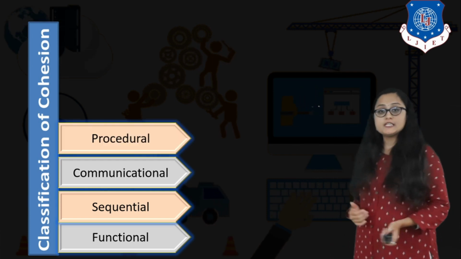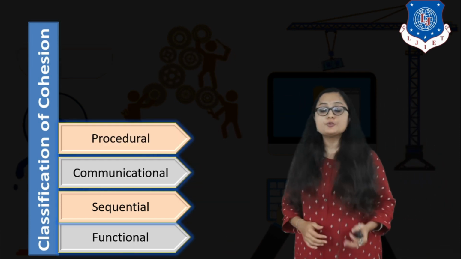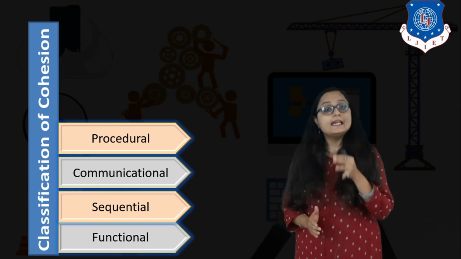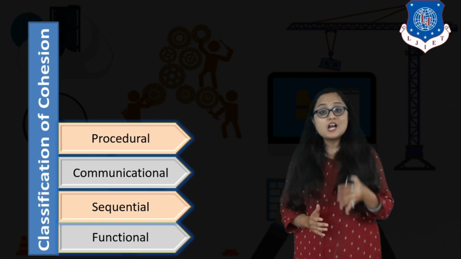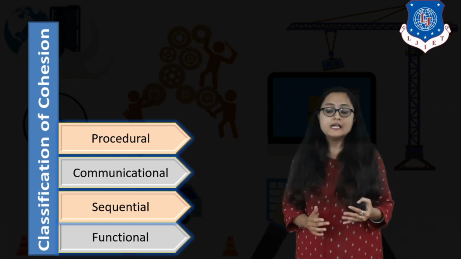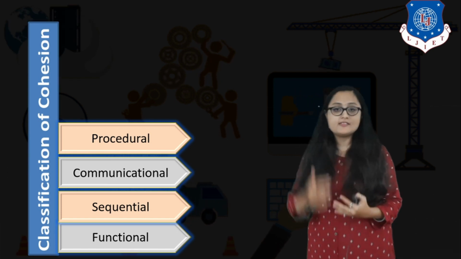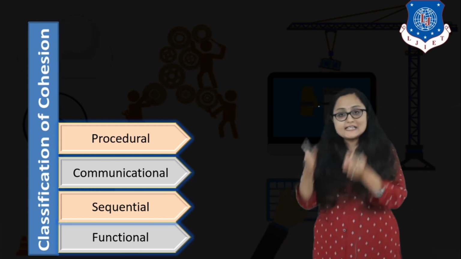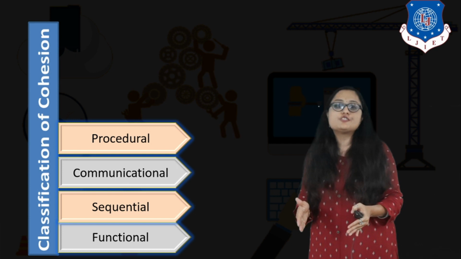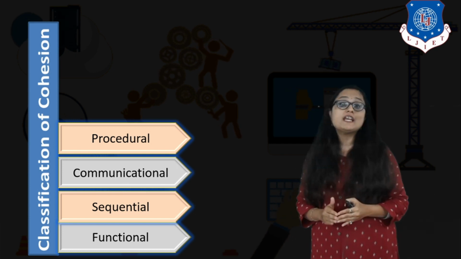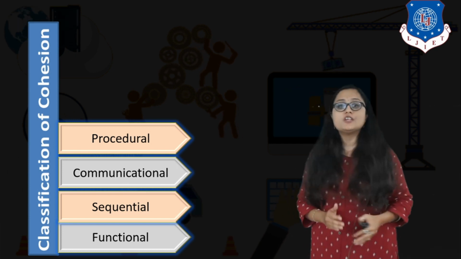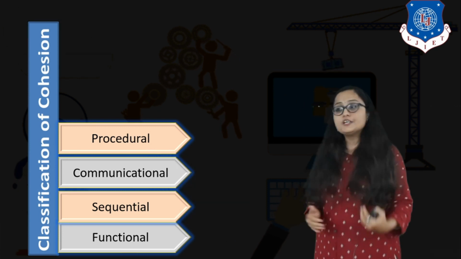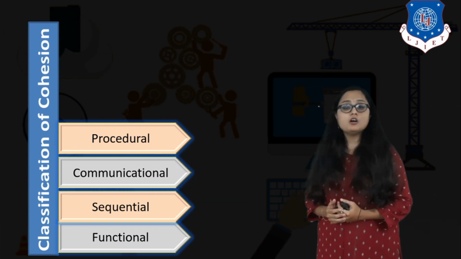The next type of cohesion is procedural cohesion. Now what do you mean by procedural cohesion? If you have a module and you have a set of functions in that module which are part of some procedure, it means there is an algorithm and a sequence of steps, and that set of functions is executing that sequence of steps for achieving an objective or the required task by completing that algorithm, then it is known as procedural cohesion.